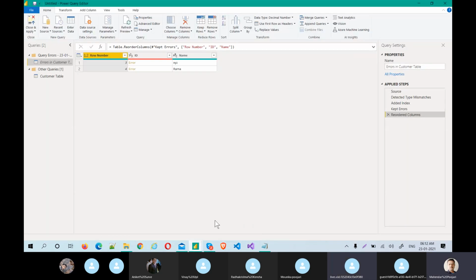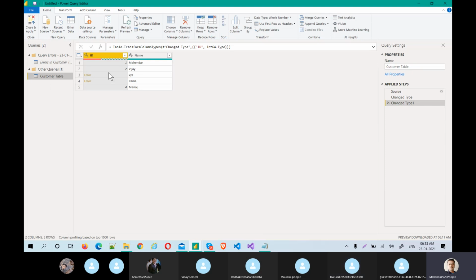Again. Come here. See, again it's open and, if you observe, previously we had only one table. Okay, but you see a folder, it's a group. Basically it is divided into two groups. One is errors in the customer table and the customer table. If you go here, this is the total table, but errors are separated.